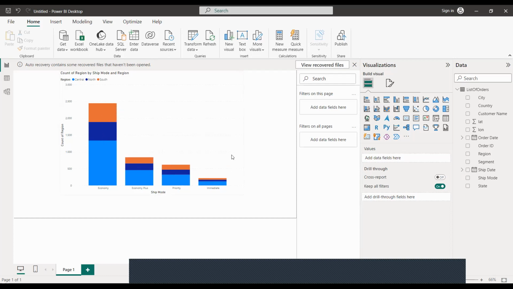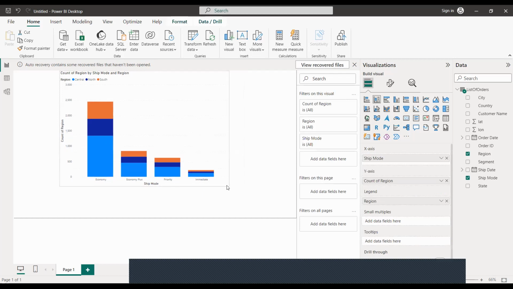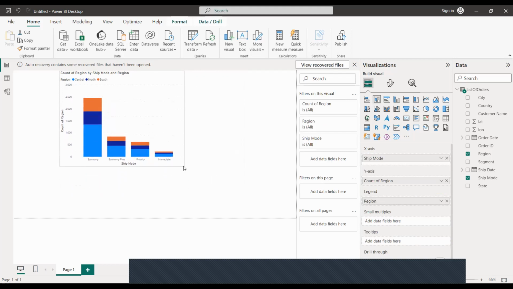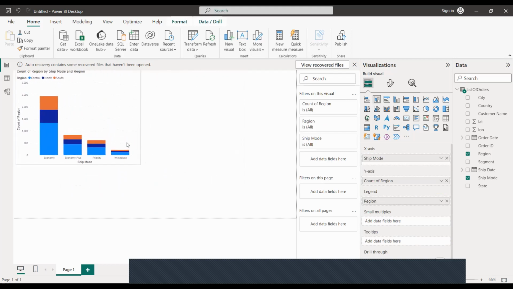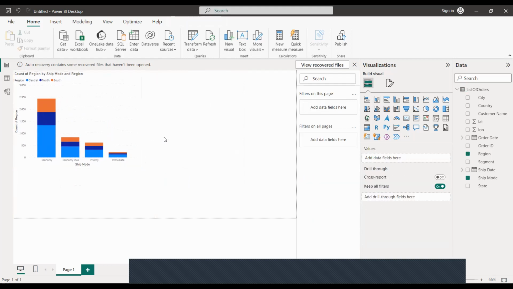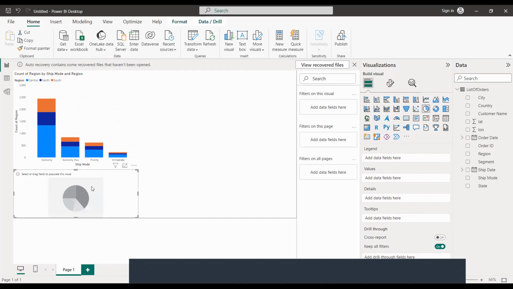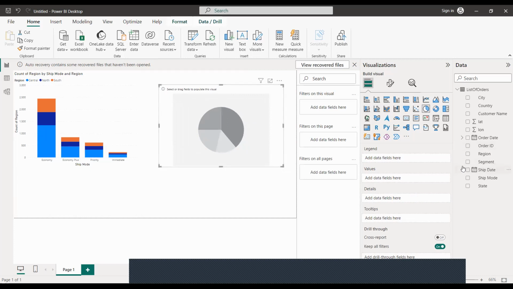Now, we can make use of another visual. Let's move this to one side. Using pie charts now. So there is no specific visual that you need to use to tell your story.